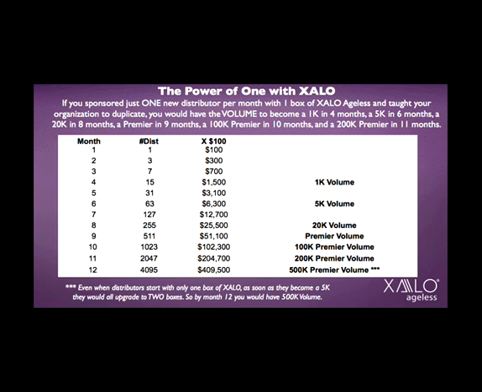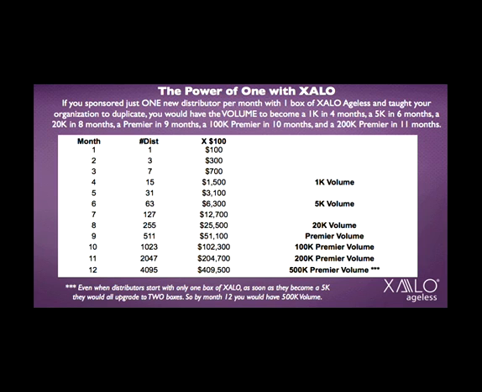But the second month, now it's me and my one. I've got a team. There's two of us now. And as we go out and talk to other people, my one brings in one more, and I bring in one more. Now I've got 3 people on my team at the end of the second month. And now those 3 plus me each get one more. In the third month, I've got 7. And the fourth month, those 7 plus me bring in one more. Now I've got 15. I'm a 1K finally.